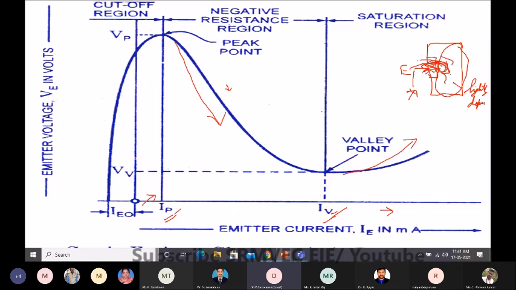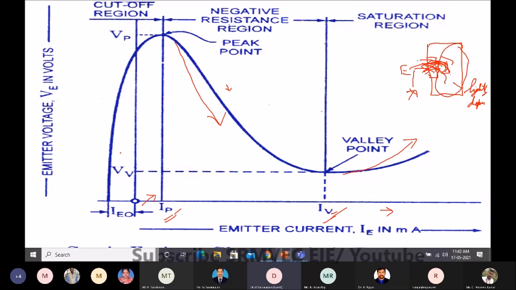Similarly, valley voltage and peak voltage play the major role, and it depends upon the company which is producing this UJT. Usually it will be used as a relaxation oscillator. So oscillator means what? It will be changing between these two, getting into this negative resistance and coming outside. Like that, it will be going on and generating an oscillating output waveform. So that is the purpose this UJT is used for.